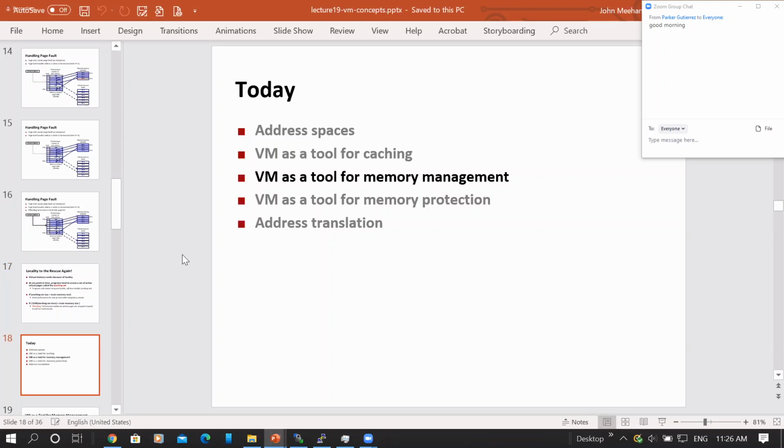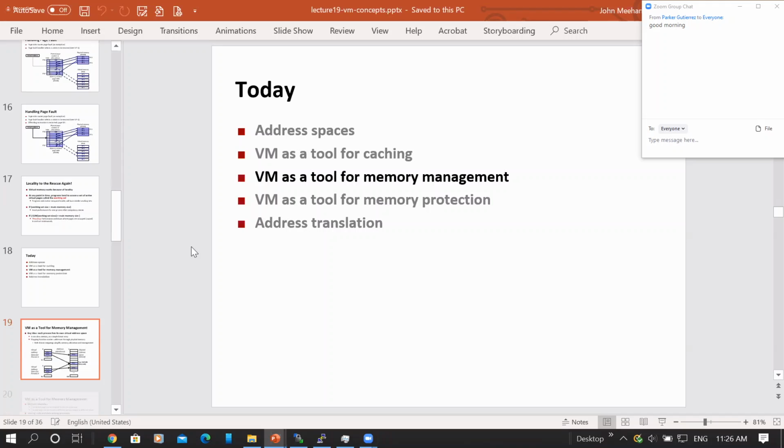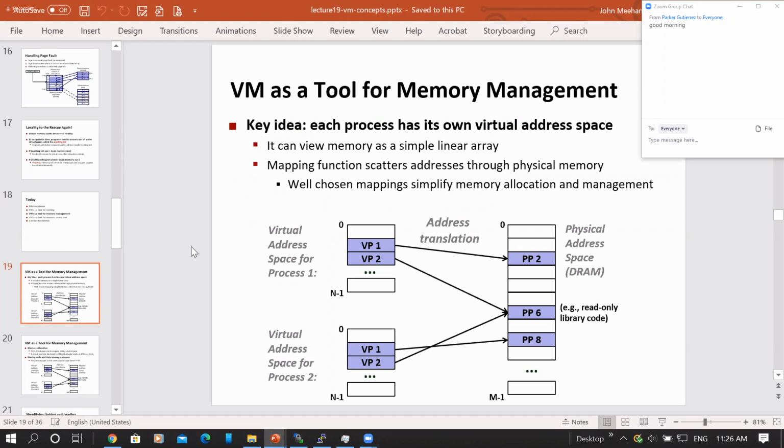So there are different ways of looking at virtual memory and what it is. The way we just looked at it was as a way of caching a huge virtual address space into a little small collection of pages in physical memory and flipping them in and out, making it behave like another form of cache, right? Another perfectly equally valid way of thinking of virtual memory would be as a tool